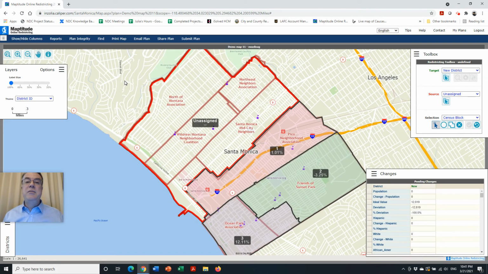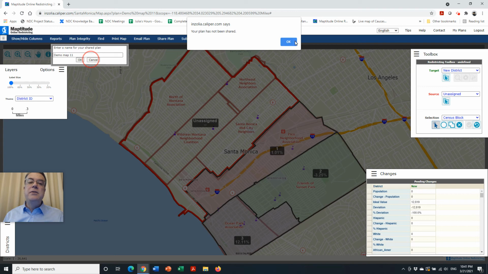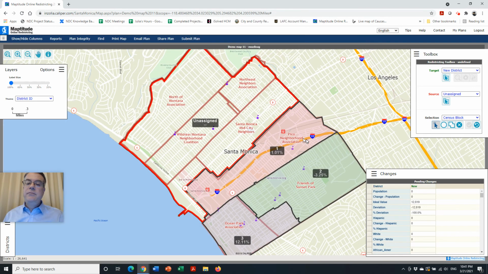If you're ready to actually send the map itself so that they can work from it, and this actually lets anyone work from it, you click Share a Plan. And again, you give it a descriptive name, hit OK, and it becomes a template that anyone can use. So that would be your friend in Montana would now pick up the map and use that as a template and fill in the north. Let's say, though, you're done. You're not working with someone up there. You just care about the